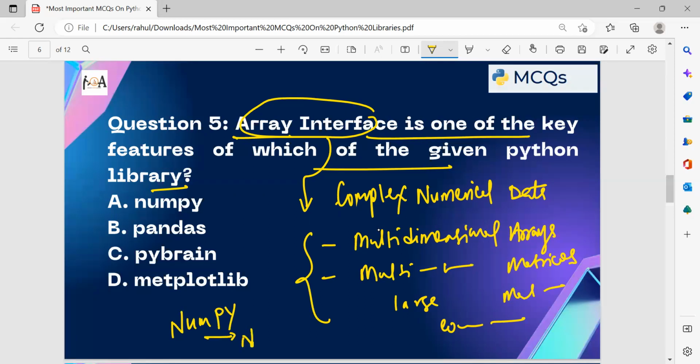Basically it stands for numerical Python, right? So option A is the correct answer for this question.